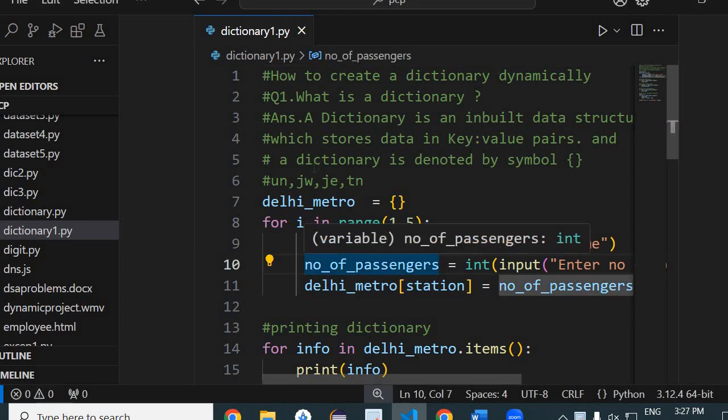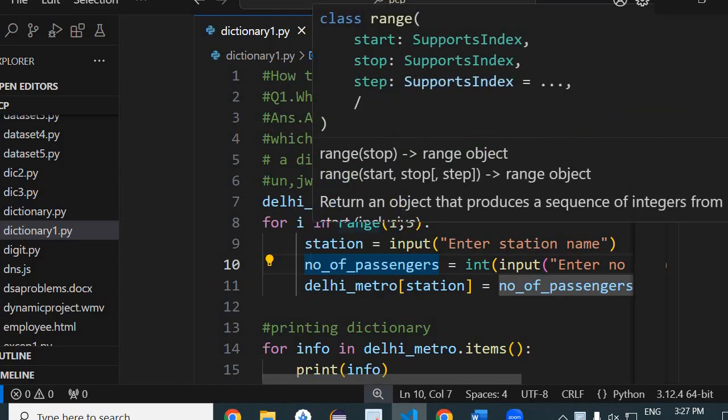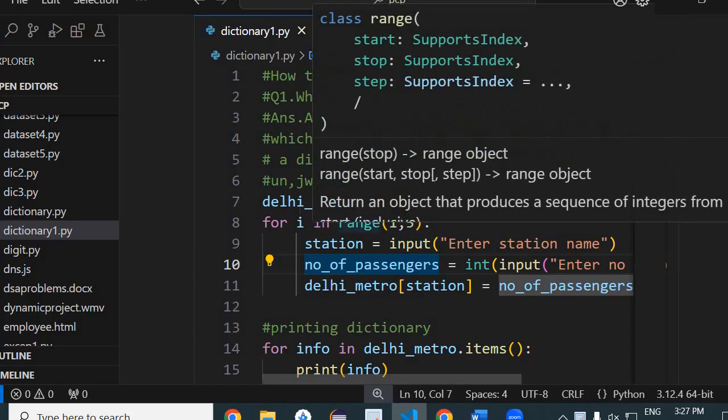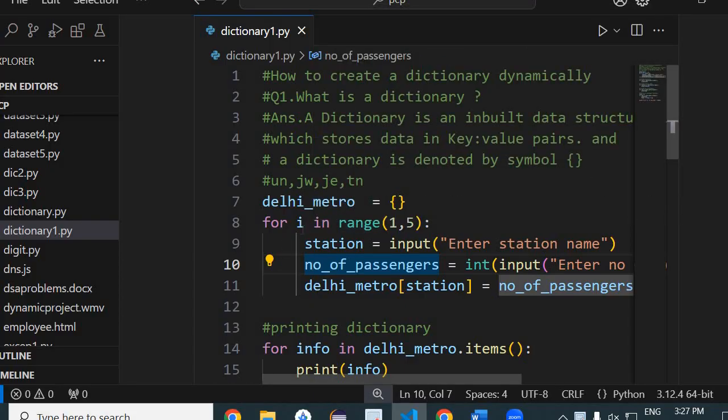Hello everybody. Today we are creating a Python dictionary program for storing data of passengers at a particular metro station boarding. So how many passengers are boarding at a particular metro station? That data is being entered by the user here, and we are picking out these stations like Uttamnagar, Janakpuri West, Janakpuri